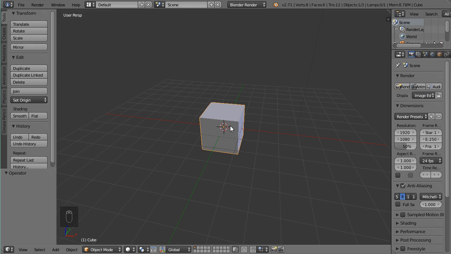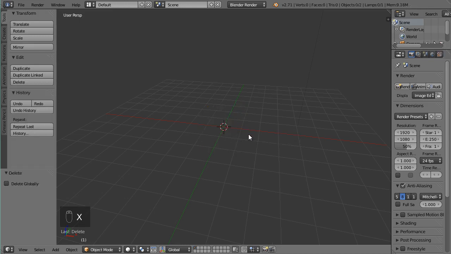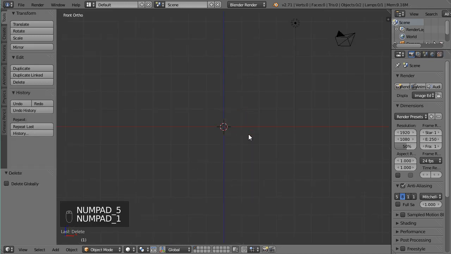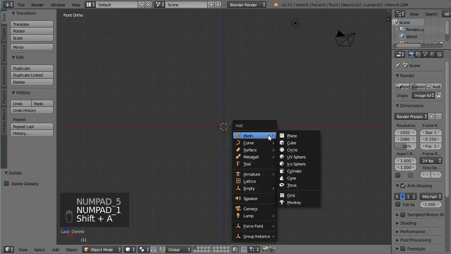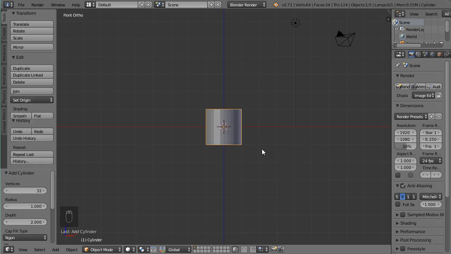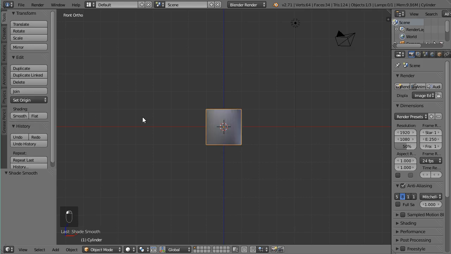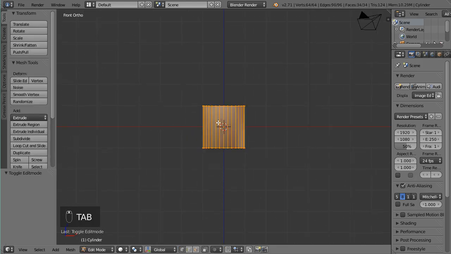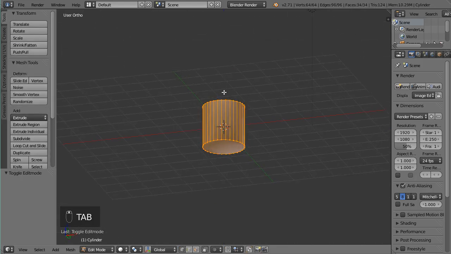So let's go. We're going to delete the cube. And what we'll do is we'll go into the orthographic mode, and we will add ourselves a cylinder. The first thing we're going to do is create the high poly barrel. So let's shade it smooth. Okay. And then we'll Tab into edit mode, and I'm going to select the top and bottom faces and delete